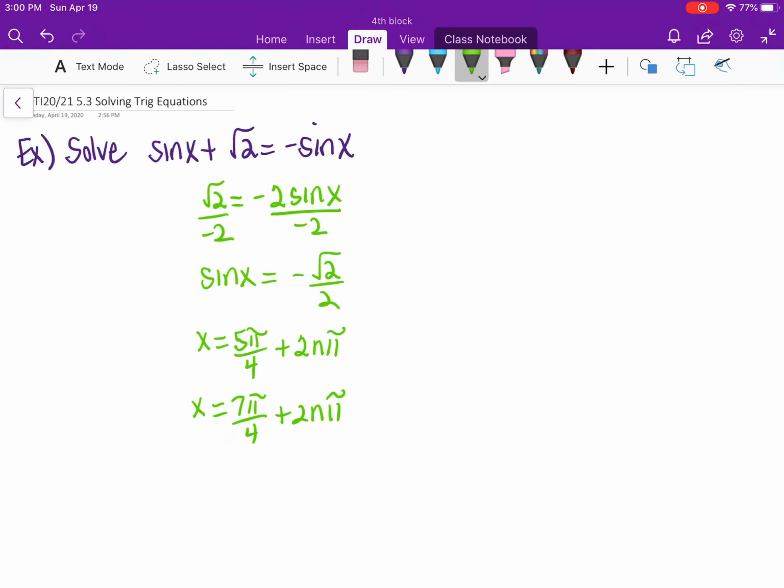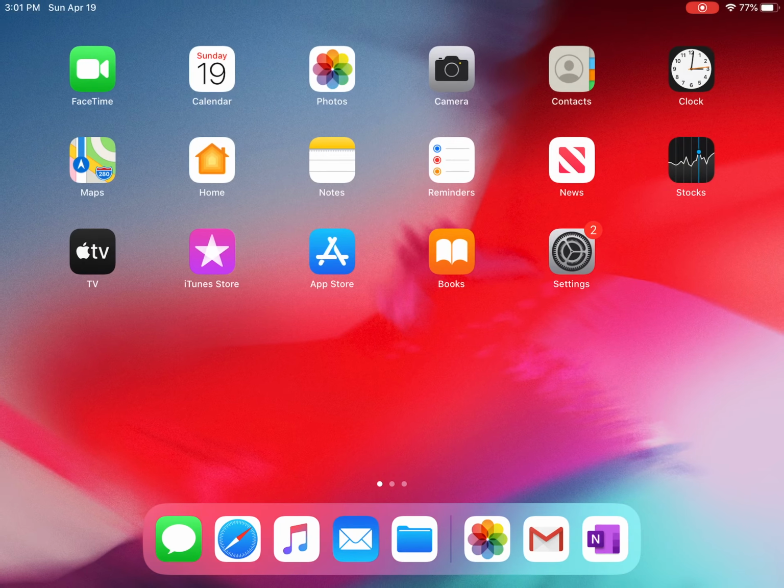Now, most of these are going to ask you to have your angle in radian form. There were a few on MyMathLab that said degree form, but you'll know when it wants degrees, and I'll show you what your directions will look like there. And then also, you're going to remember that these are equations. So the nice thing about these is you're going to be able to check answers. So, for example, if you pull out your calculator,